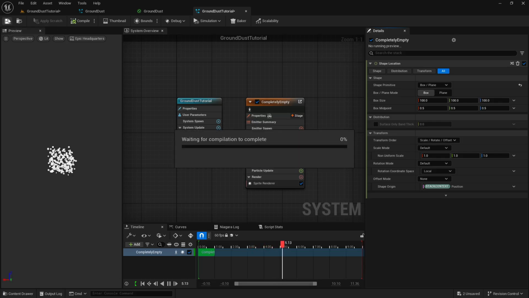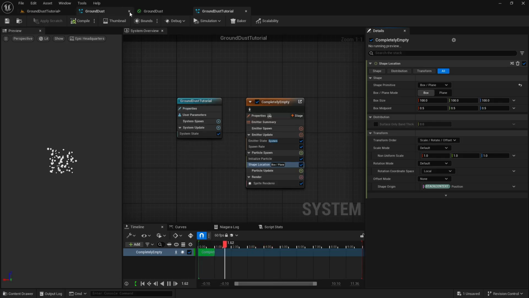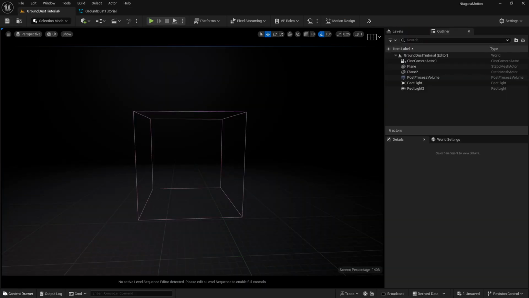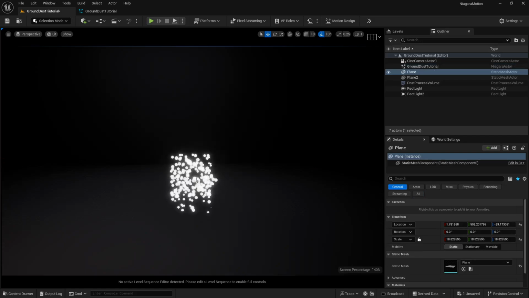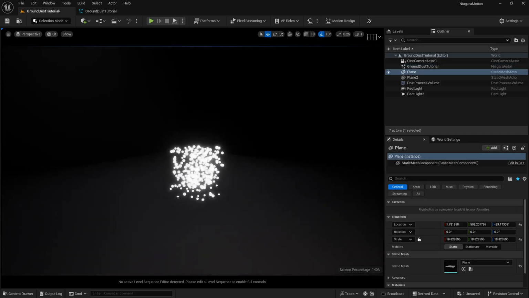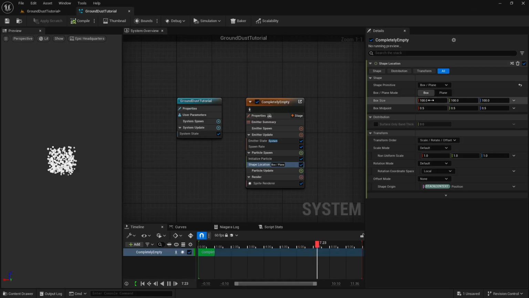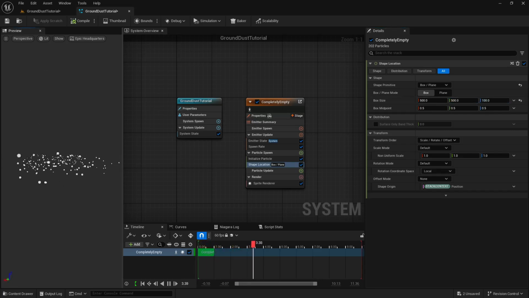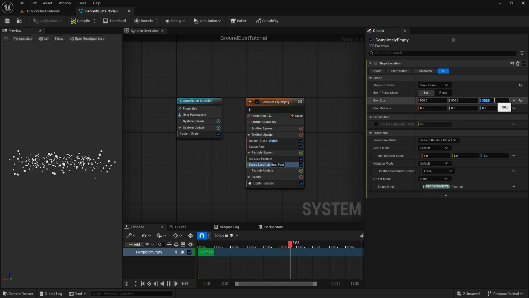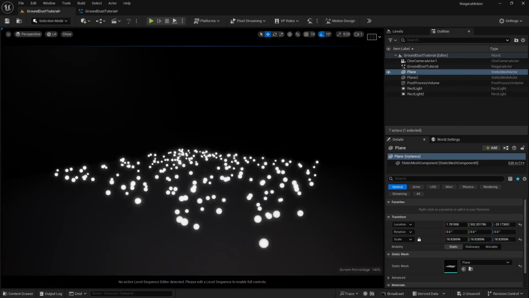But if I save it here, and if I drag and drop this, our ground dust, now you can see we are getting these particles here, but it's not looking that good because it's square, but we want them to be bigger and lower in size. So we are going to go to box size, just make sure it's 500 by 500 here. Okay, and now you can see it's bigger here as well, but we want it to be shorter here. So let's just do a box size of 1. So they are basically now covering the ground area.